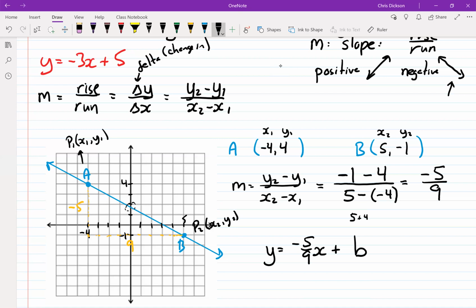So for right now, the main goal here is being able to read an equation and determine its slope and its y-intercept. So we're getting into graphing straight lines today. So I'm going to unshare the screen here, and